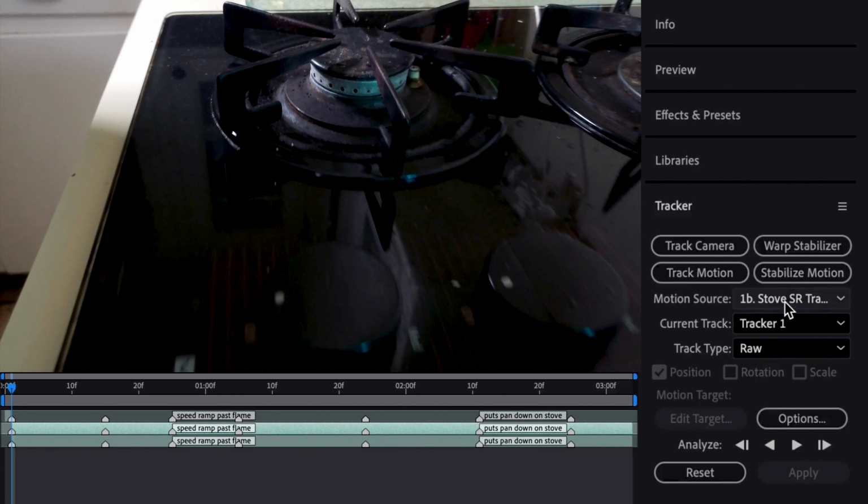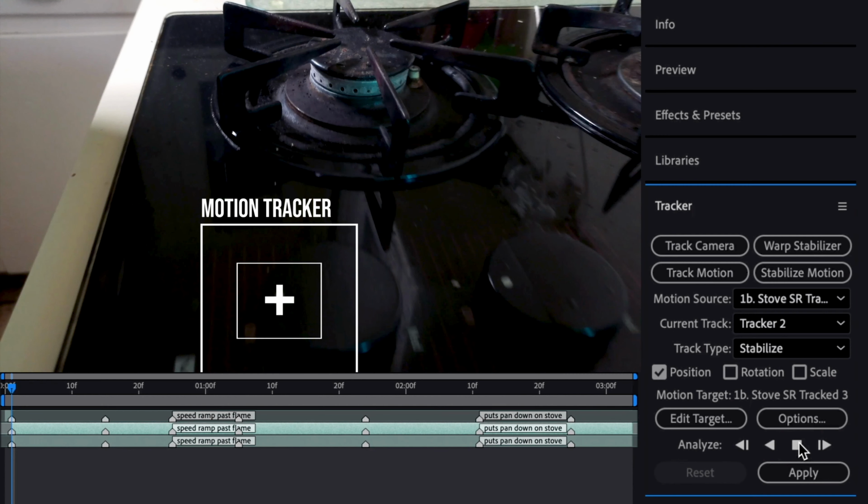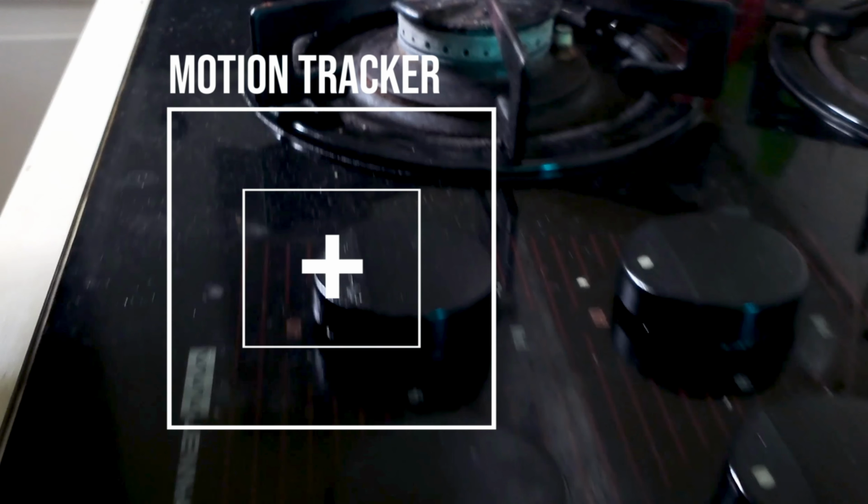For the stove shot, I used point tracking stabilization to lock on to different points in the frame. When you're motion tracking, the biggest thing is probably to choose the right point to track on. You want to put something in the little box that is pretty easy to follow, like the dot on the stove here. That way, when After Effects searches in the big box for where that dot is, it's able to find it in the next frame.